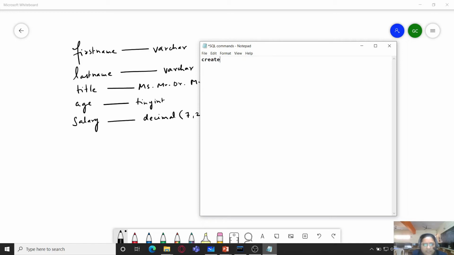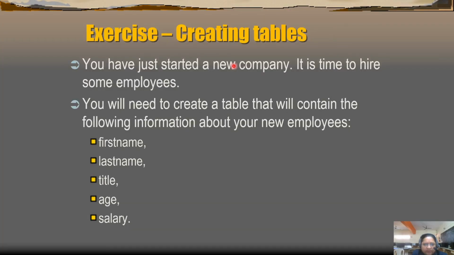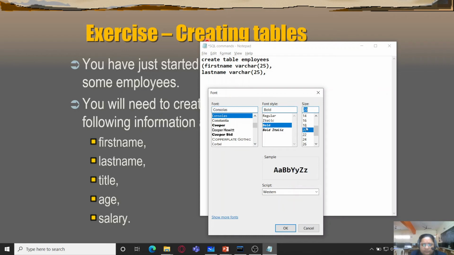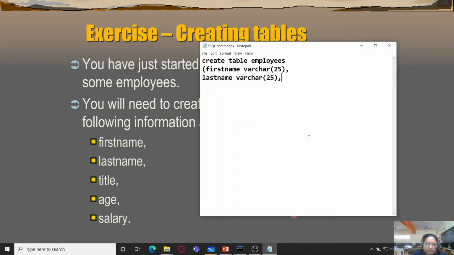So I'm going to write the create table command, create table, and we'll write employee, first name varchar, last name varchar, title we can give char, and usually it can take up to 4 letters, so I have taken it like that.